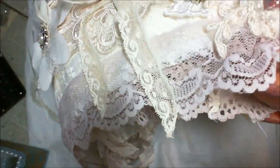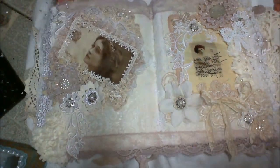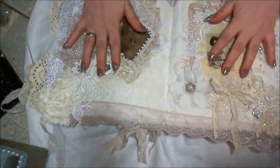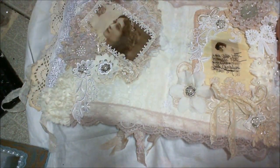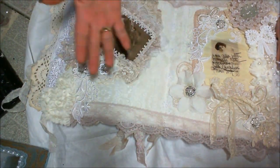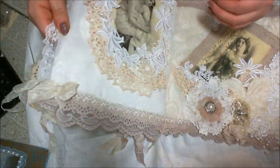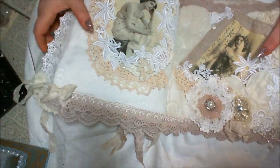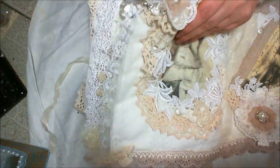Yeah, so that's those 2 pages. So that's the middle pages, and I didn't make the book very big, but when you start layering everything, it just goes like so. And here's the next page, and again lace running on both sides,